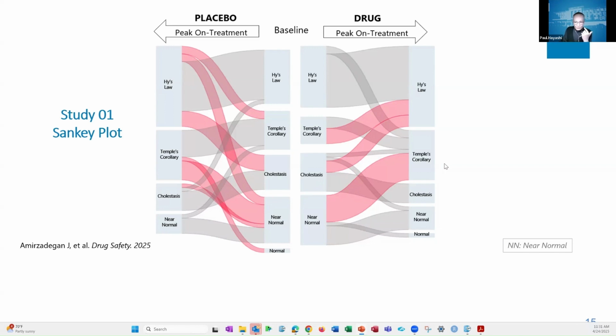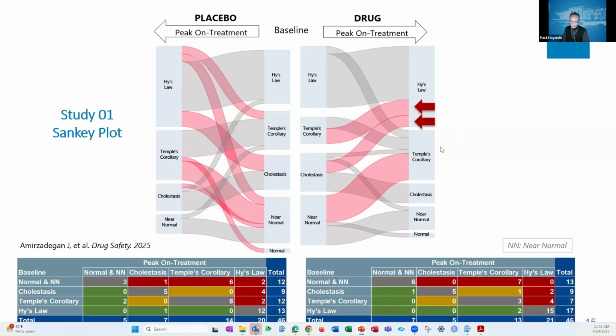And then as far as categorization, yeah, these 2 categories would be the ones I would be most interested in because they're new arrivals in Hy's law. They came from somewhere else, and there they are. This isn't to say we don't want to look at these Hy's law cases that stayed there. They could have gotten much worse, and I'll come back to them. But clearly these are different. They weren't jaundiced before, or this, I'm sorry, Temple's was not. This was cholestasis, and they moved over. And then maybe the next priority we look at is the ones who moved into Temple's.